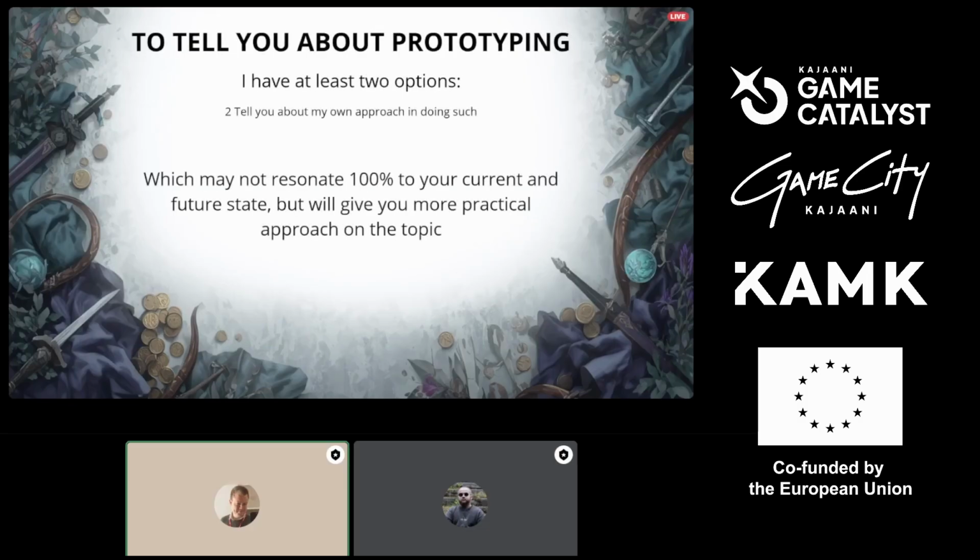That example may not resonate with you 100% and with the current or future state of your project, but it will give you a more practical approach on the topic rather than the generic approach that is explained basically everywhere on how prototypes are made. But how do you actually do that damn prototype?